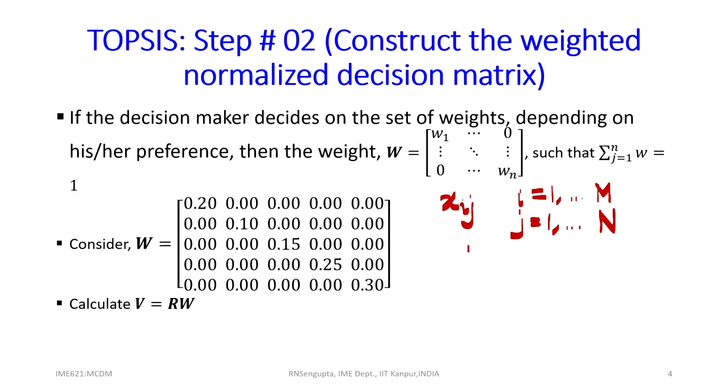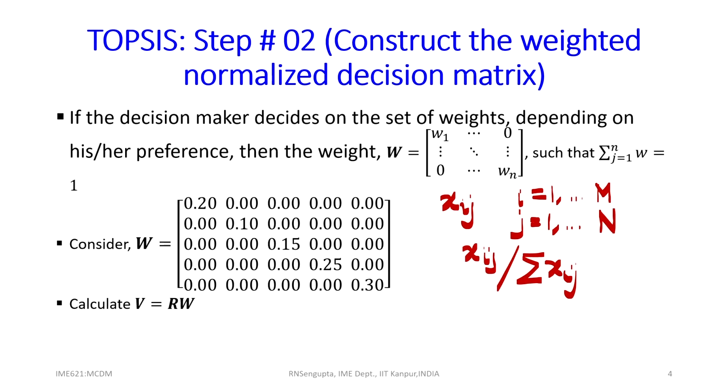So, the normalization can be done based on xij divided by the sum of xij. Now, if you see, I have not put any limits whether we are trying to calculate column wise or row wise for the xij's. That will, again I am repeating, be based on how you have placed the rows and columns corresponding to alternatives and criteria. So, with this, if I go back to the Excel sheet,